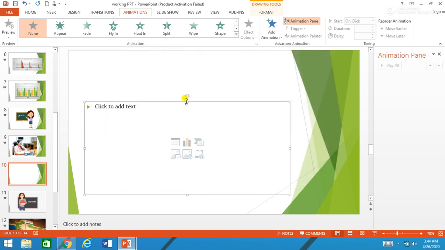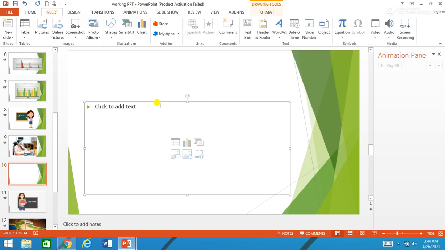I can use this insert shortcut option, or I can directly go to the insert tab. Here also I have an insert video option available. Just click on the drop down arrow.